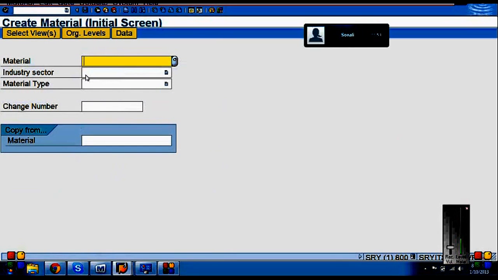MM01. Right. A material depends on industry sector and material type.